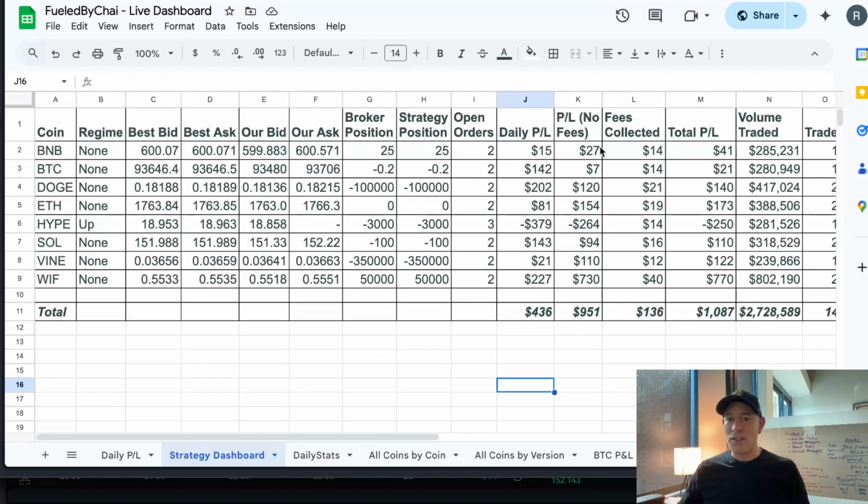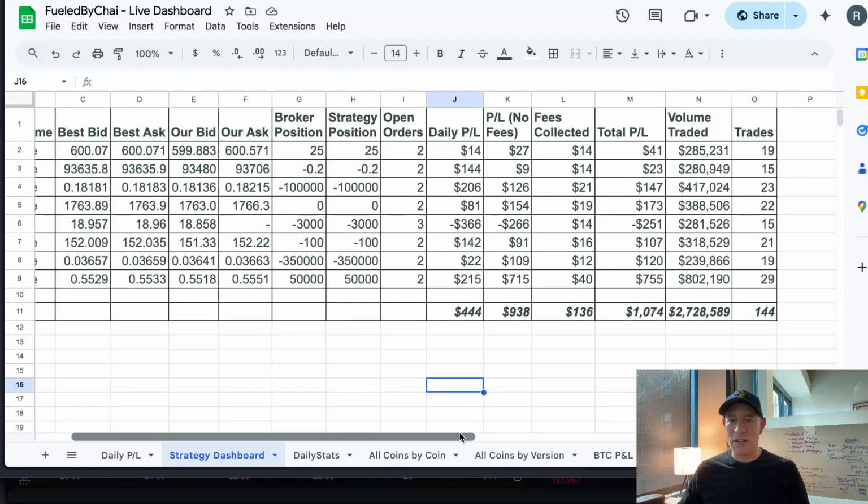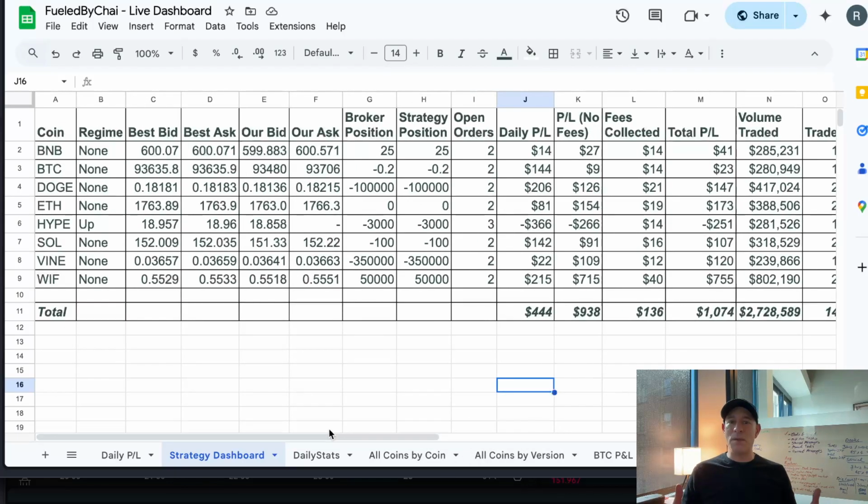Then number of open orders, daily P&L, and then P&L numbers overall since the strategy's been started up on the server, as well as the total volume traded and number of trades. So I'm hoping that this is going to give me more insight as to what's going on,